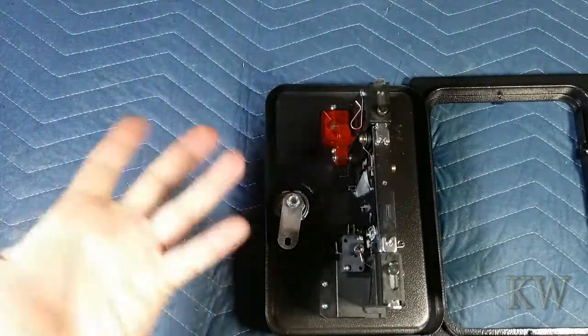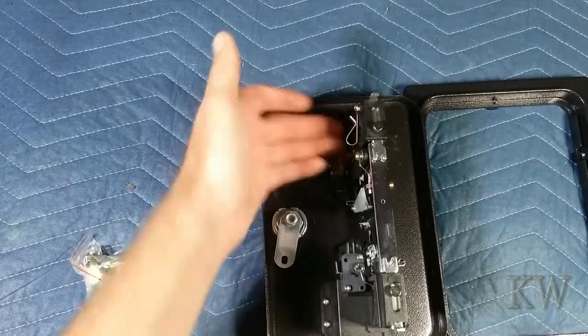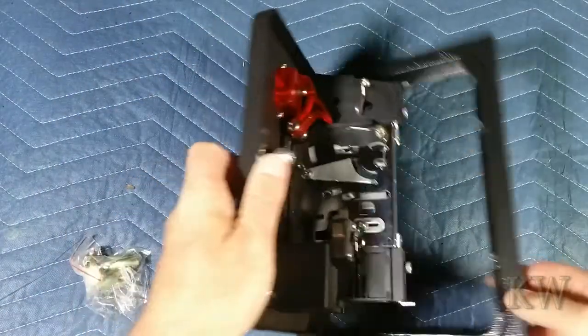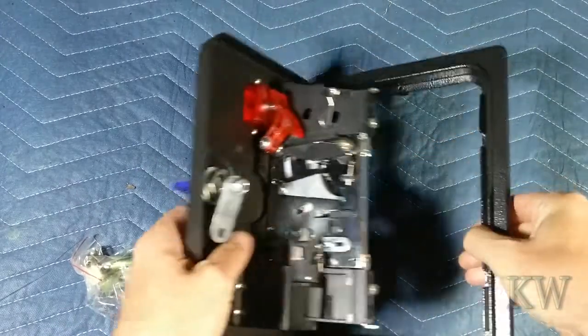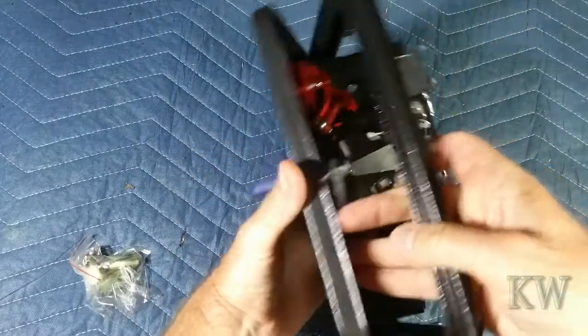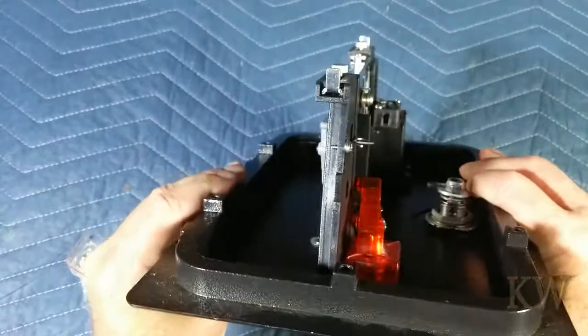But fairly decent quality. The frame's really thick here. This is probably about an inch thick, so it's a nice casting. The door's just thinner metal, nothing fancy, but it's very well painted. I don't know if it's electrostatic. It kind of looks like it might have been electrostatic painted. You can see this one came with a little scratch on it, but whatever. But all in all, a fairly decent